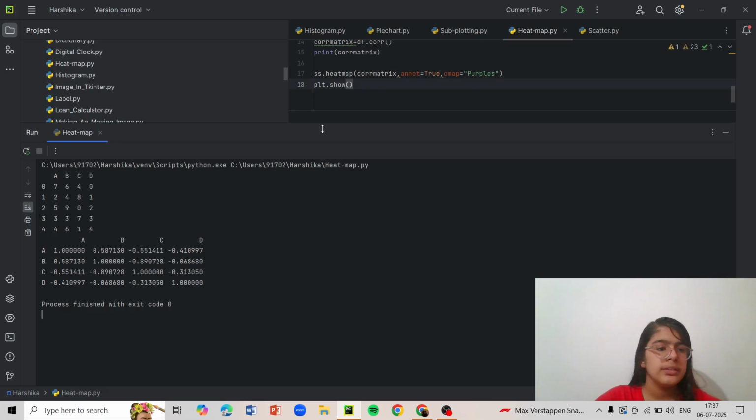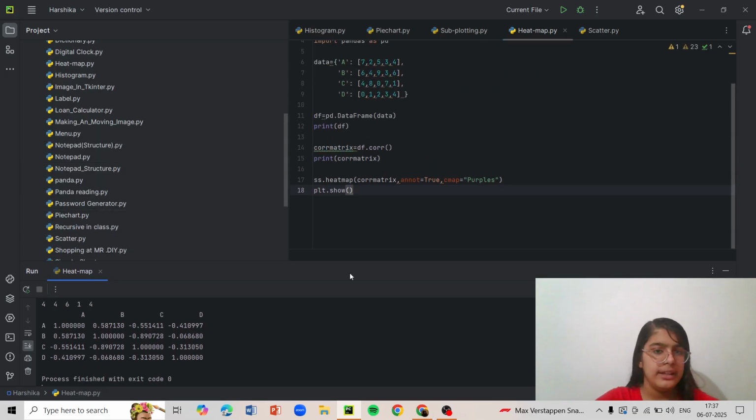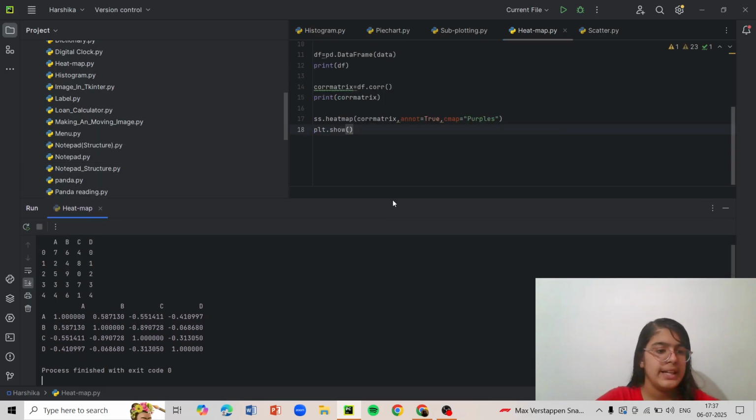It is showing me what is the value of A, B, C and D. Next, I have used corr matrix. Corr matrix is nothing but the way we can find the similarities.